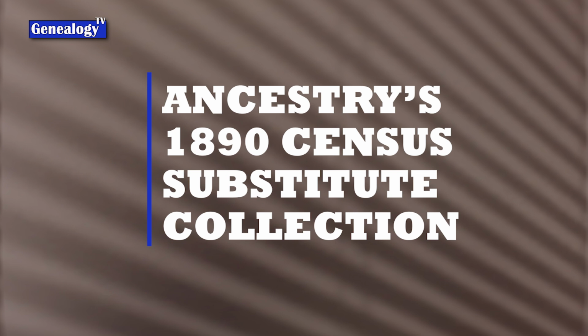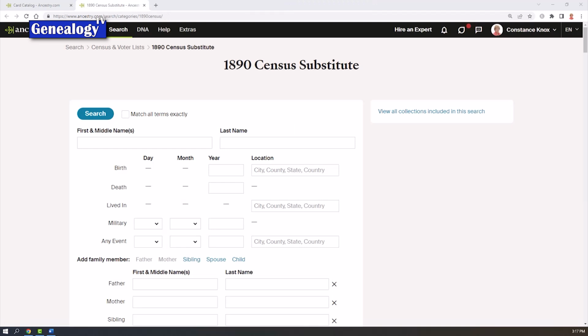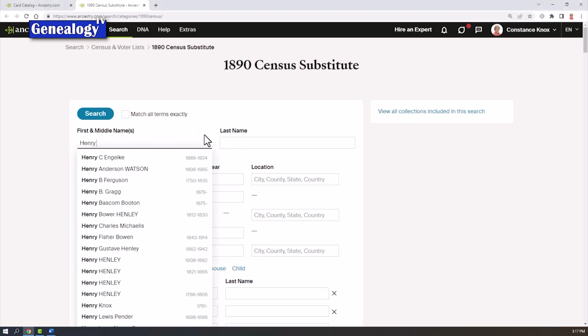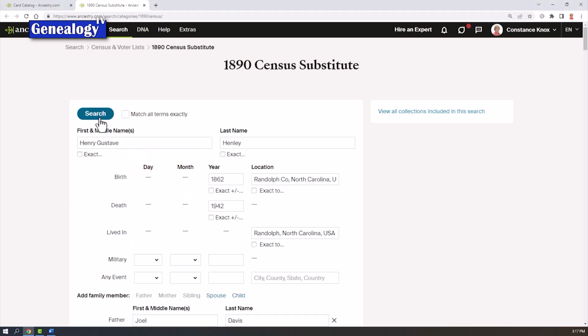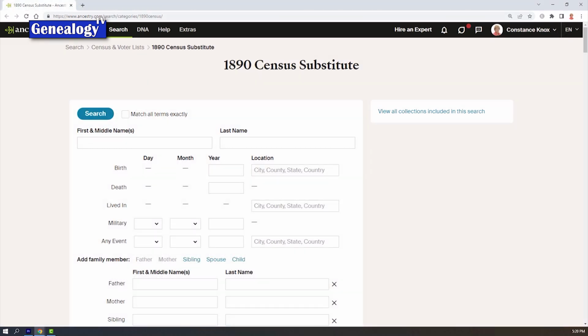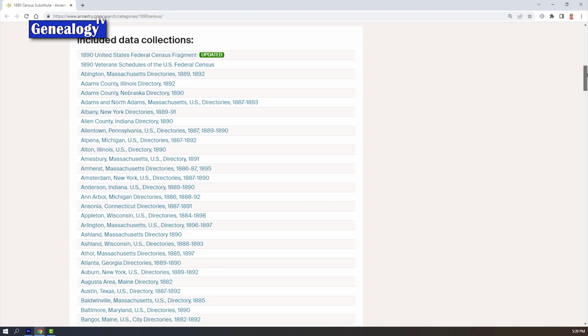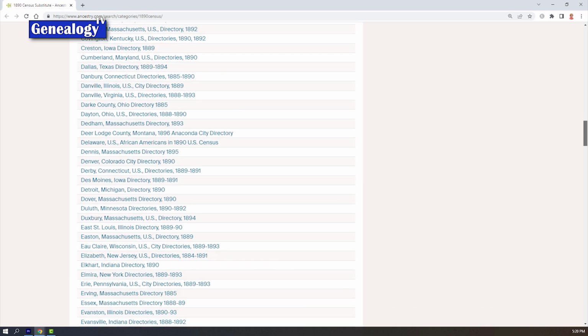Now, Ancestry has created this database specific for filling in the gaps for the 1890 census. They're calling it the 1890 Census Substitute Searchable Database, which compiled all the specific research records that may help you fill that gap in this time frame. It contains fragments of the actual 1890 US federal census, or what's left of it anyway. Additionally, they have the 1890 veteran schedules, as well as a long list of records such as city directories, tax lists, and voter registration, to help you fill the gap. That might be your one-stop shop to research a lot of what's already on Ancestry.